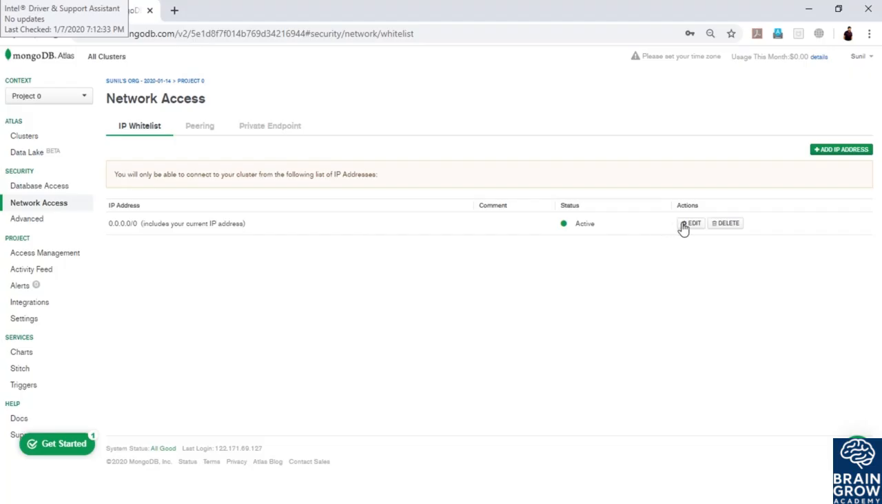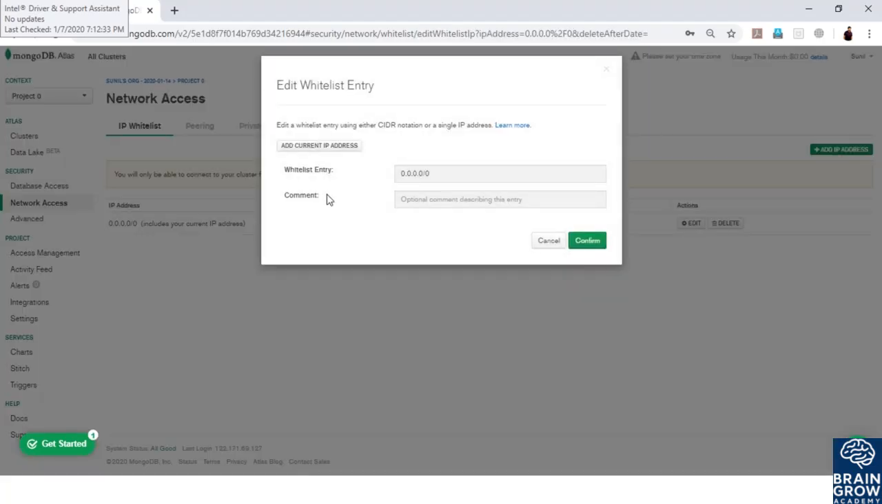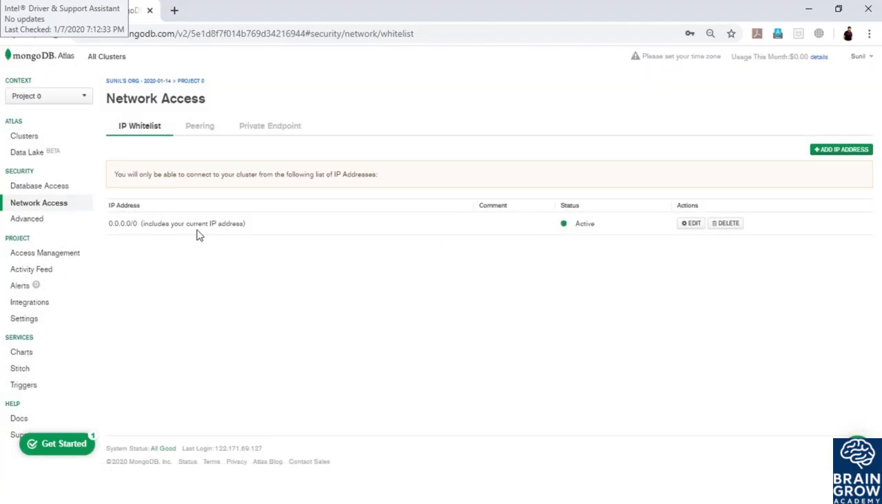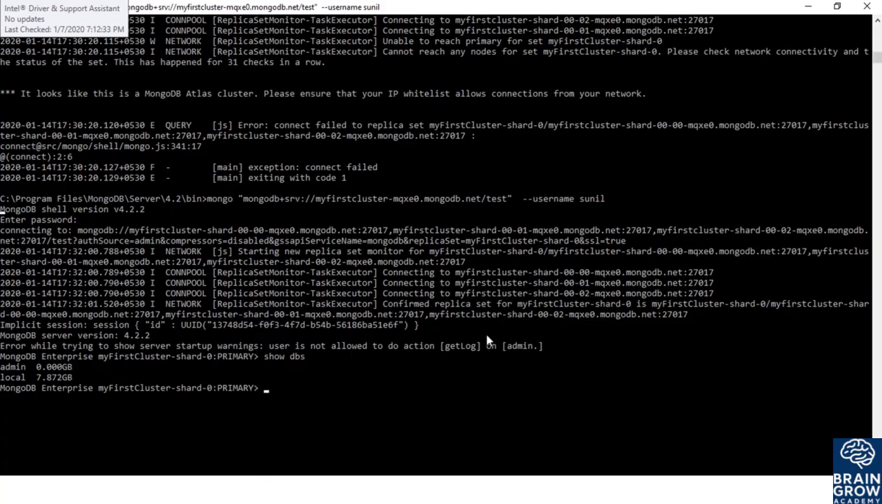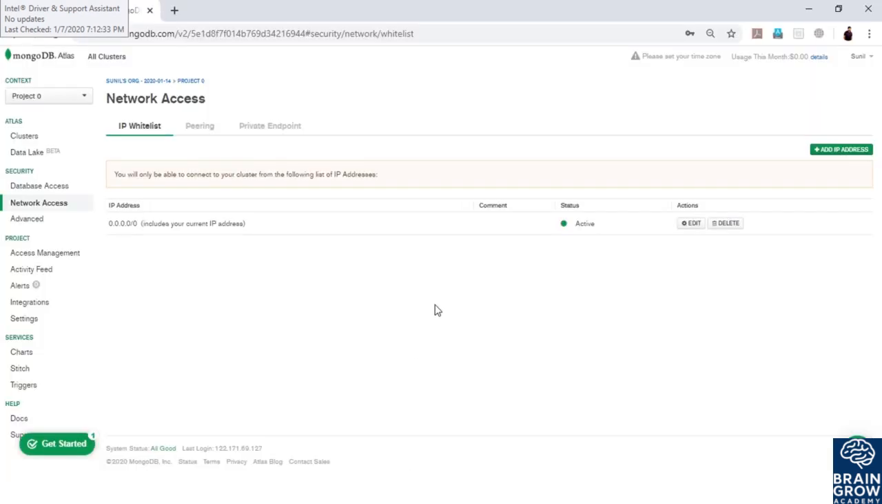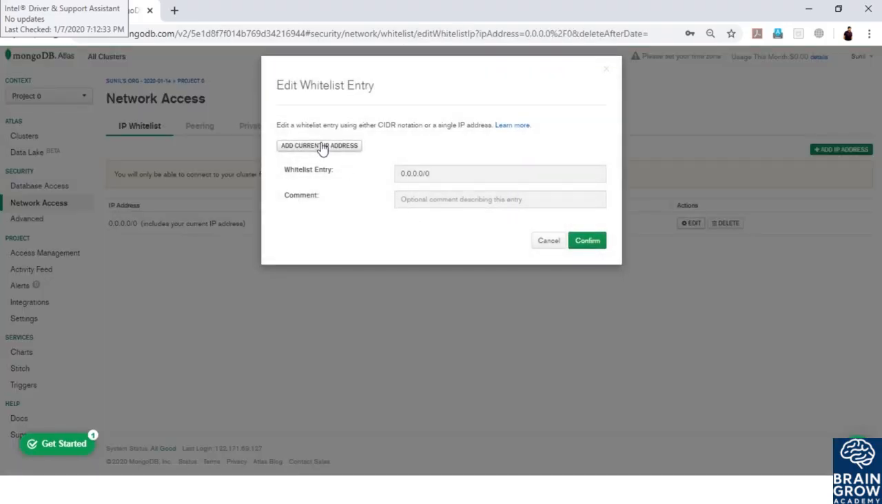When I'm IP whitelisting, when I'm using the current IP address, I'm not able to connect, but when I'm using everywhere, I can connect. So like you saw, we got the error, and when I changed the configuration to connect from everywhere, we have successfully connected. So this way we can connect. I'll again change it to current IP address and confirm,